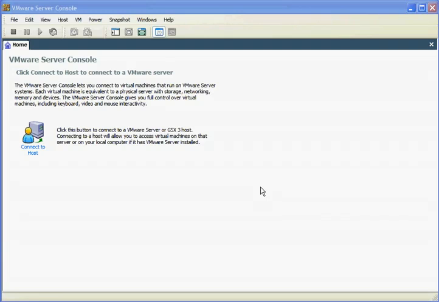Okay, so we're just going to walk through creating a new virtual machine for installing CentOS Linux. Here I'm on a VMware server console. It's actually on a Windows machine. Maybe in some of the videos you might see me using VMware Fusion on a Mac, but they're fairly similar. It's made by the same company, VMware. This is VMware Server,